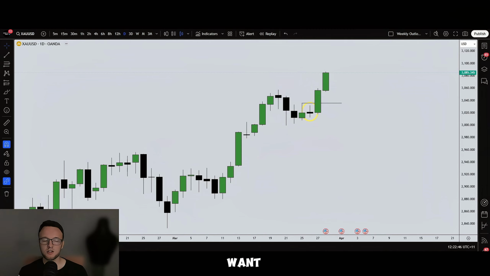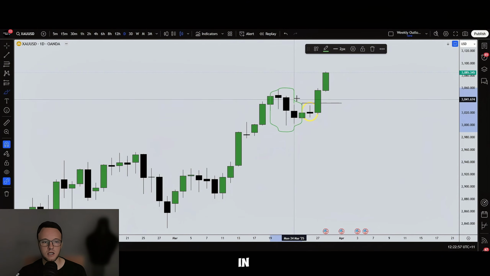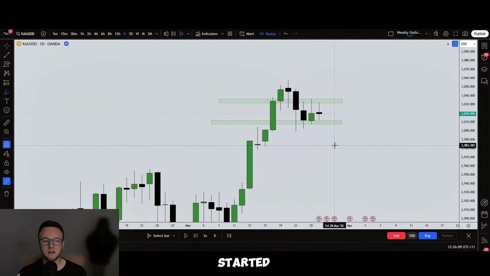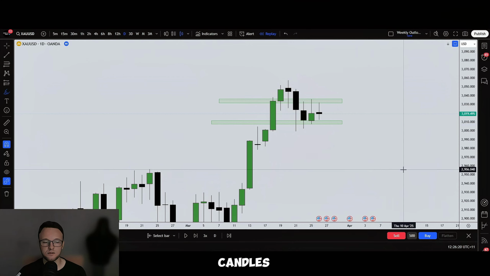But I want to zoom in a little bit closer and look at the most recent price action and structure and take a look at this pullback here, which happened most recently after gold's push to the upside, and we saw this correction in the market. After the correction, gold started to consolidate here. Now, this is going to be a lot more obvious on the lower time frames, but you can actually see it from the daily within these three candles moving sideways, not really breaking the highs or lows of the previous candles. This is what led us to the all-important candle pattern, and the reason why you're here, the inside bar